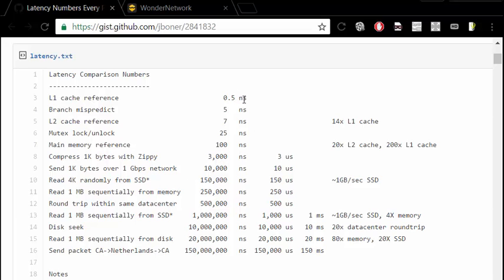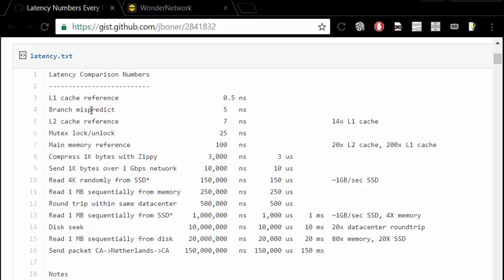This is in nanoseconds. Now remember that most of your computers these days would have CPU speeds of maybe 2 gigahertz, 3 gigahertz, and giga is really to the power minus 9. So nano is just about right. So this is saying in about half a cycle, if something is in L1 cache, it can get the data